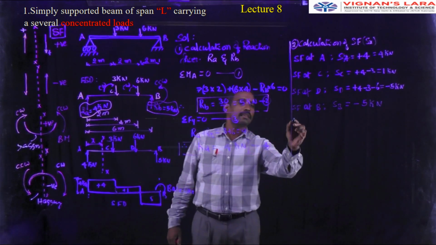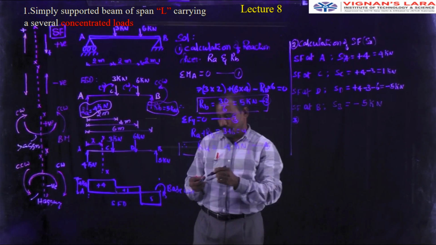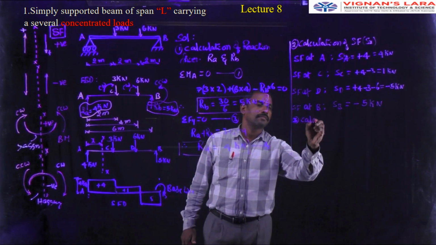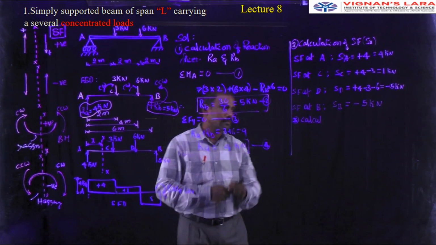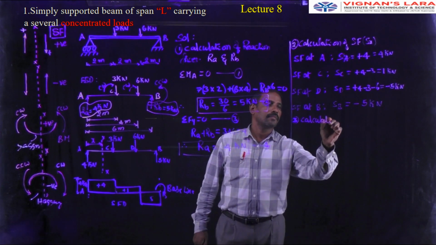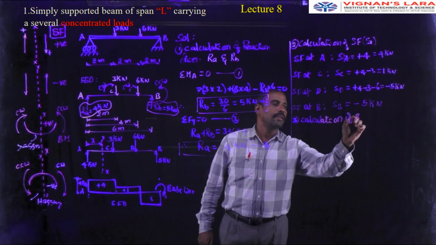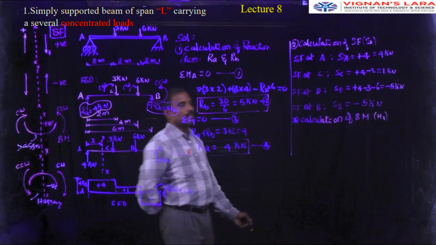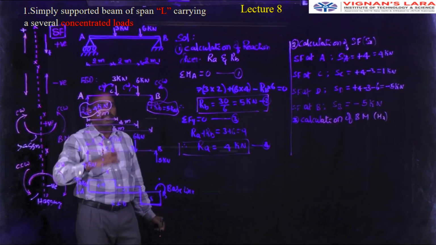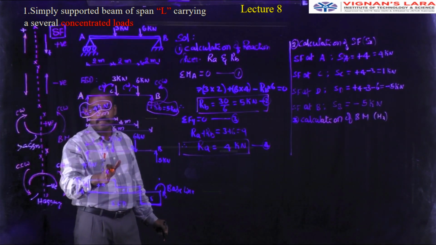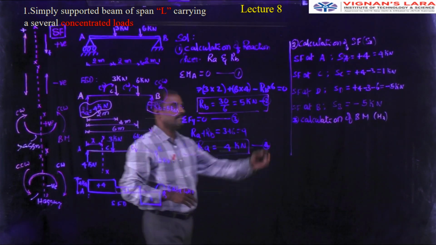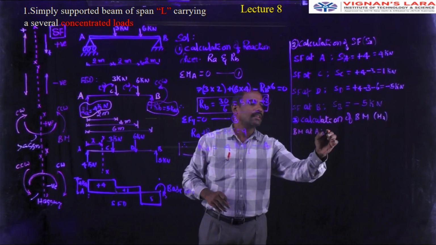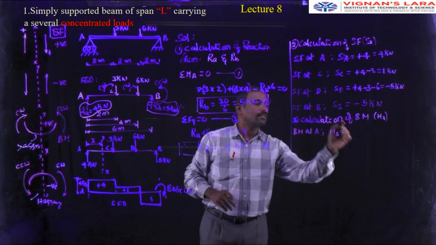The third one is the calculation of bending moment. The bending moment is represented by Mx. It is very simple. Then bending moment at A. Here let us consider section XX at a distance x from the end A. Now BM at A, that is MA, that is equal to